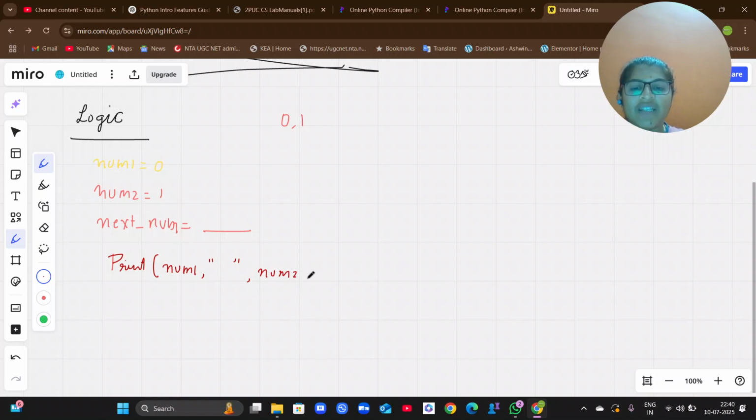Then I'm going to mention end, and I'm going to give a space here. Why this space is given, I'll show you all in the execution of the program. So I am printing num1 and num2.